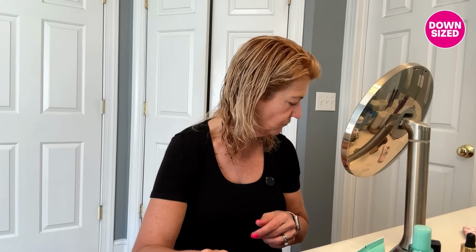So I do like to take this eyebrow brush and just brush them straight up so that all my eyebrow hairs are going the same way, which doesn't make a big difference, but I think it just makes it a little better. Sometimes I'll fill them in with eyebrow pencil, but I don't really do that very often. Now I want to look for my